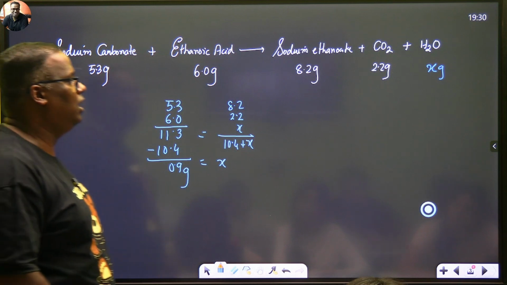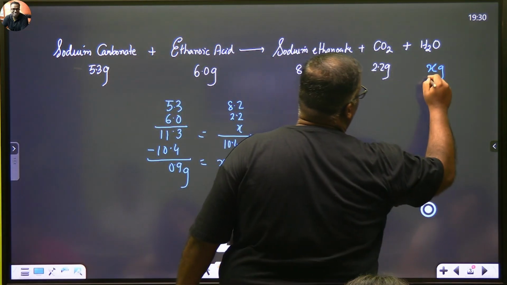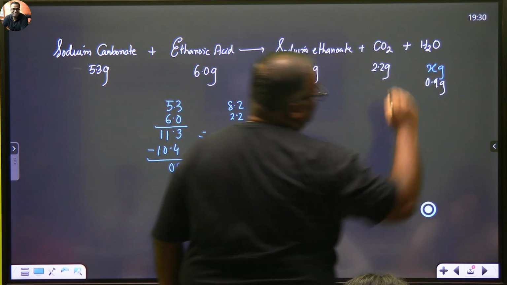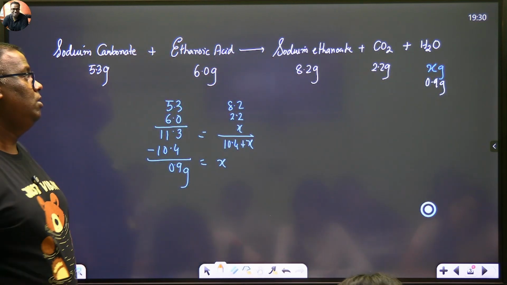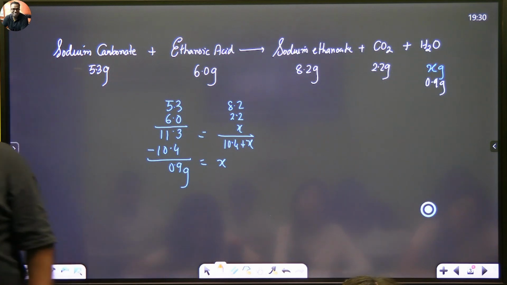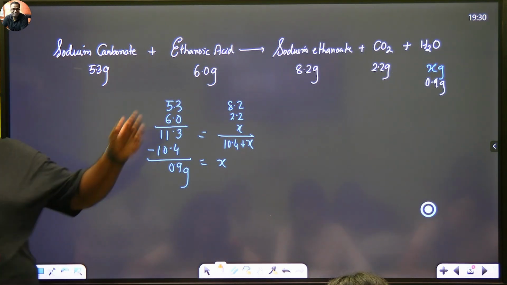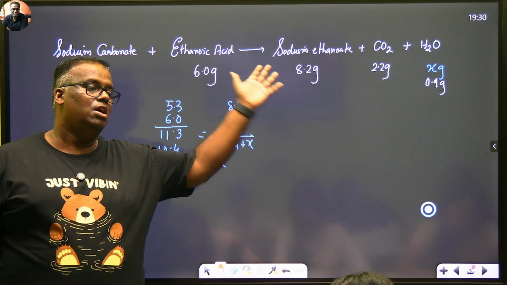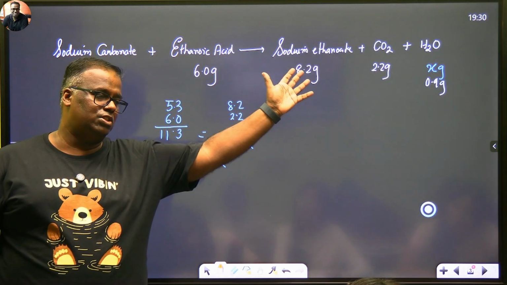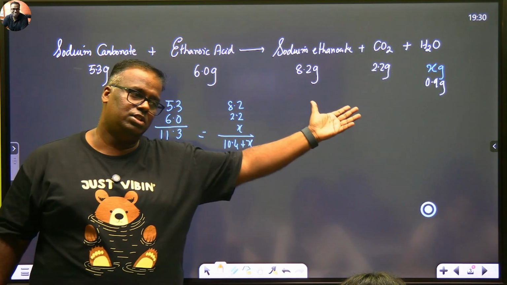You solved it the other way. In the book, the answer was already given as 0.9 in NCERT. They wanted to show that the equation obeys the law of conservation of mass. So you first say, law of conservation of mass states that in a chemical reaction, mass of reactants is equal to mass of products. You calculate the mass of reactants, you calculate the mass of products,